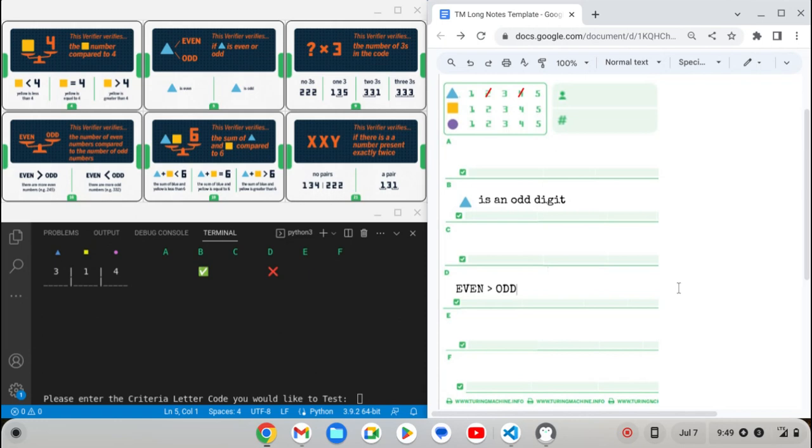Okay? And then finally, I think for this round, I will test criteria card F. Okay, so it does not agree with my proposal. Notice that in my proposal of 314, I do have all distinct digits, meaning there is no pair, but the Turing machine does not approve of that. So in fact, there should be a pair of digits. So in section F, I'll say that there is a pair,